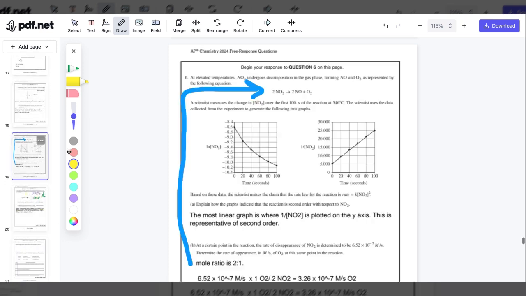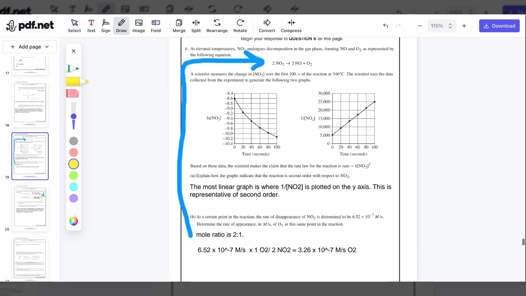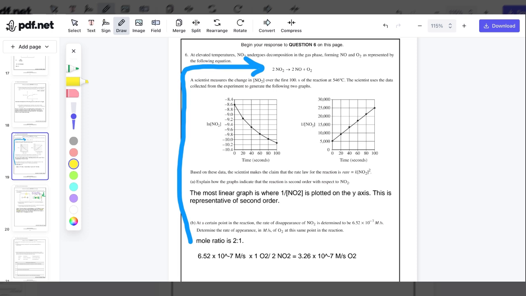So over here, this is question number 6, and it goes, at elevated temperatures, NO2 undergoes decomposition in the gas phase, forming NO and O2 as represented by the following equation. A scientist measures the change in the concentration of NO2 over the first 100 seconds of the reaction at 546 degrees Celsius. The scientist uses the data collected from the experiment to generate the following two graphs. And for letter A, it goes, determine or explain how the graphs indicate that the reaction is second order with